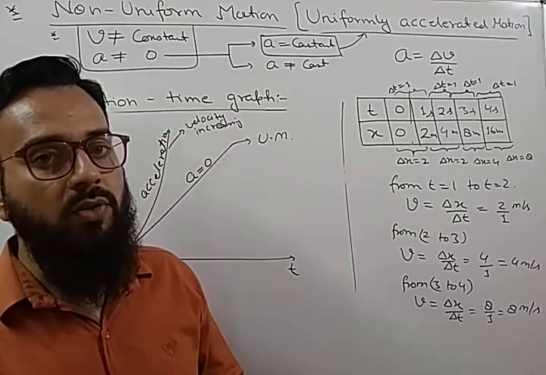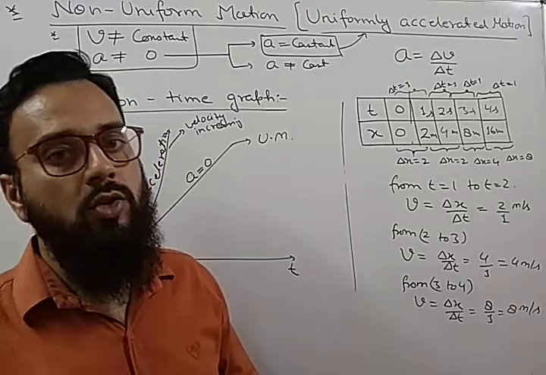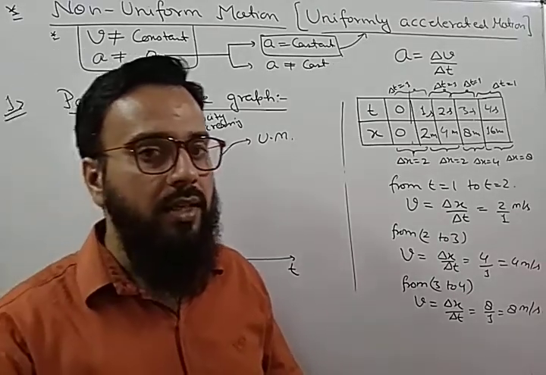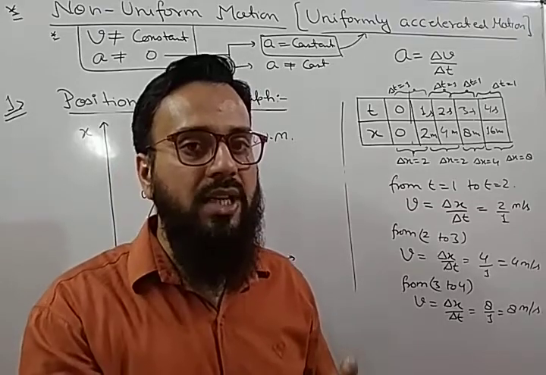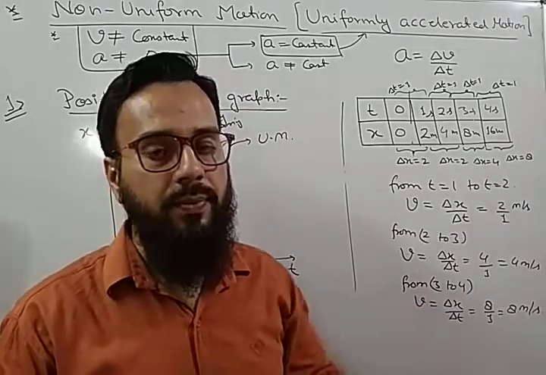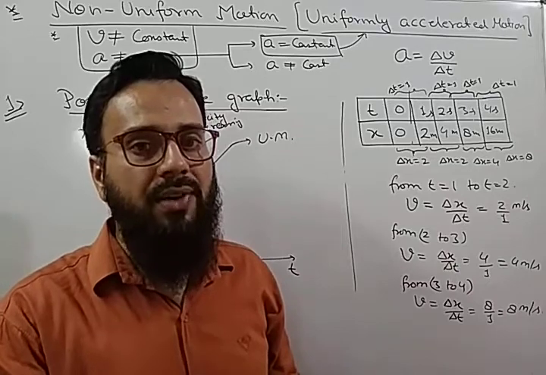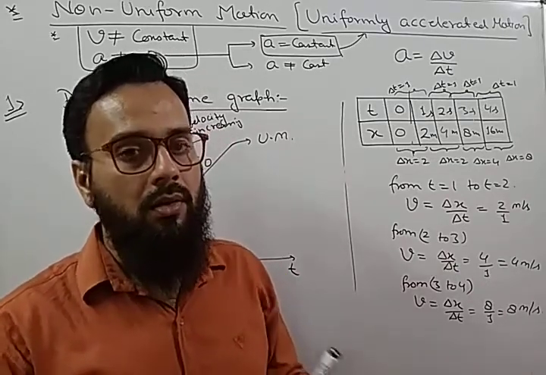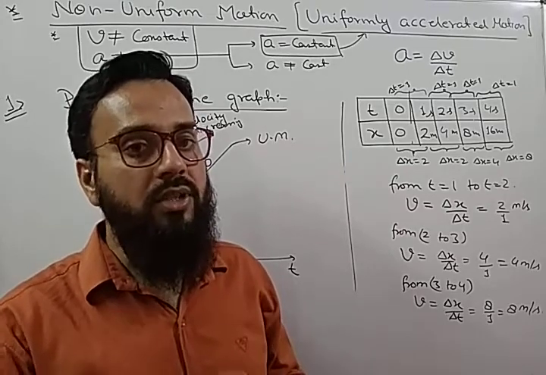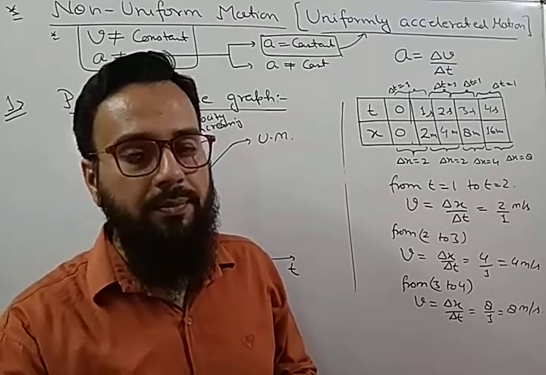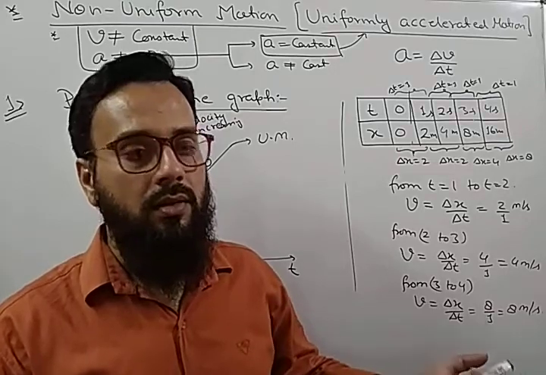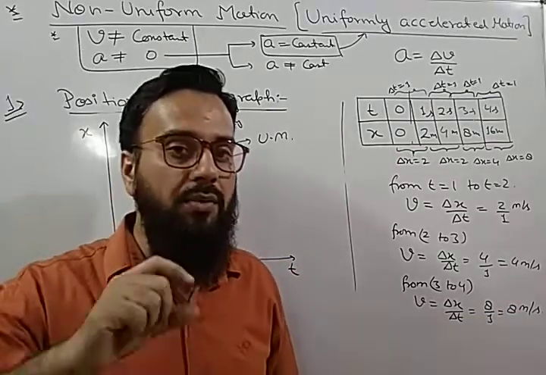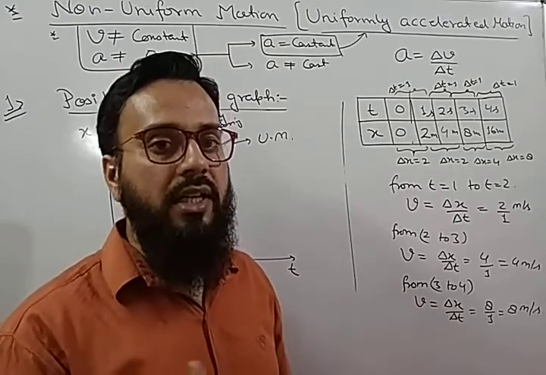When you are moving with more velocity, then you are traveling a large distance in less interval of time. But when you apply the brakes, then in the same interval of time, suppose in 5 seconds, you travel a distance of 100 meters, but when you apply the brakes, in 5 seconds you will travel only 5 or 6 meters. It means on applying the brake, you travel less distance in more time. It means velocity is decreasing. It means there is a retardation. So you will cover less distance in more interval of time.